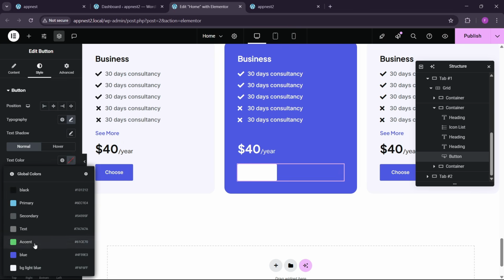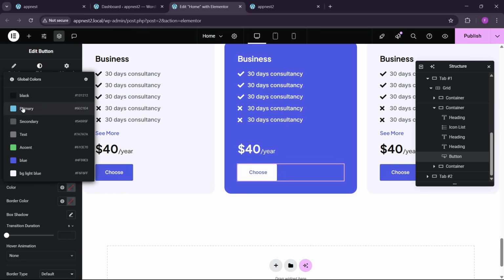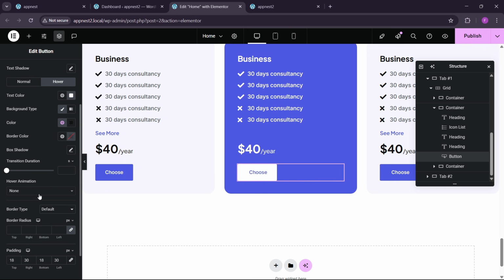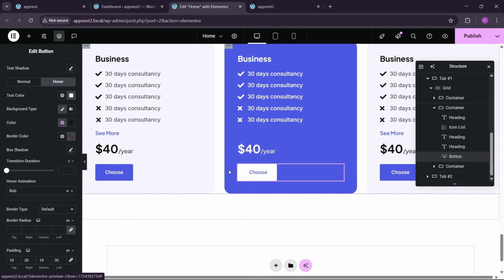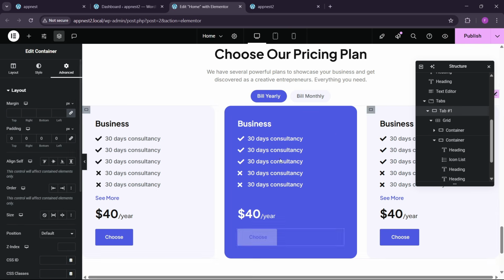For the text color we can make this blue, and on hover we can make this black, and this we can make blue. Okay, and in the hover duration you can also add, like we can add bob animation. Okay, like this. So all bob animation you can copy,